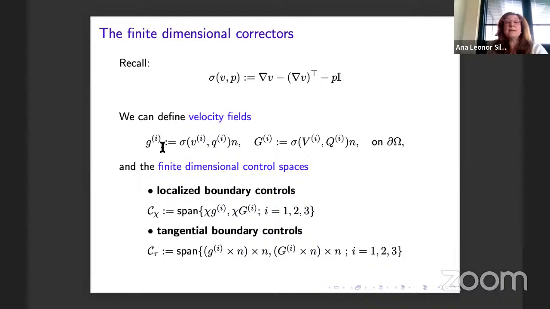And these are the velocity fields that appear here. And in the case of tangential boundary controls, we take these velocity fields and make the cross product with the normal. This is the exterior normal, exterior with respect to the fluid domain. And these are tangential